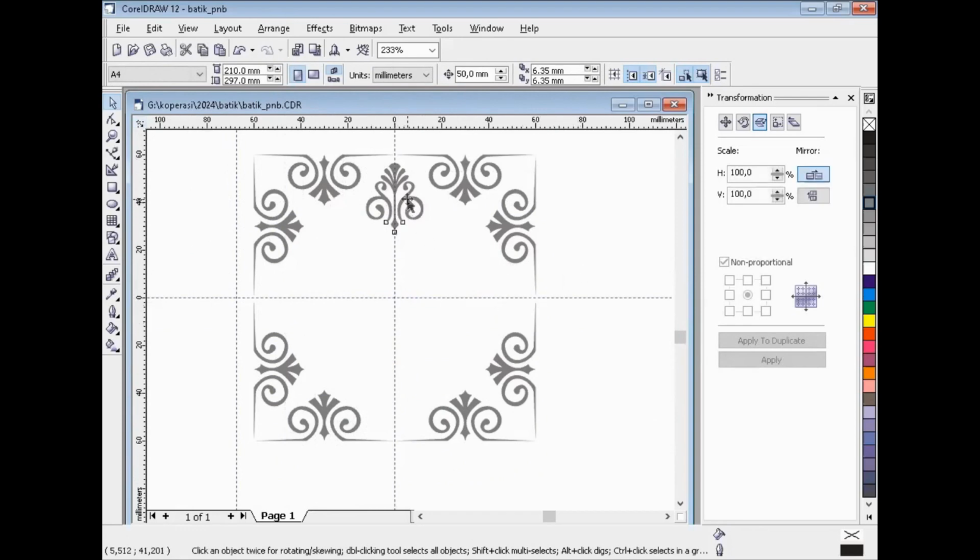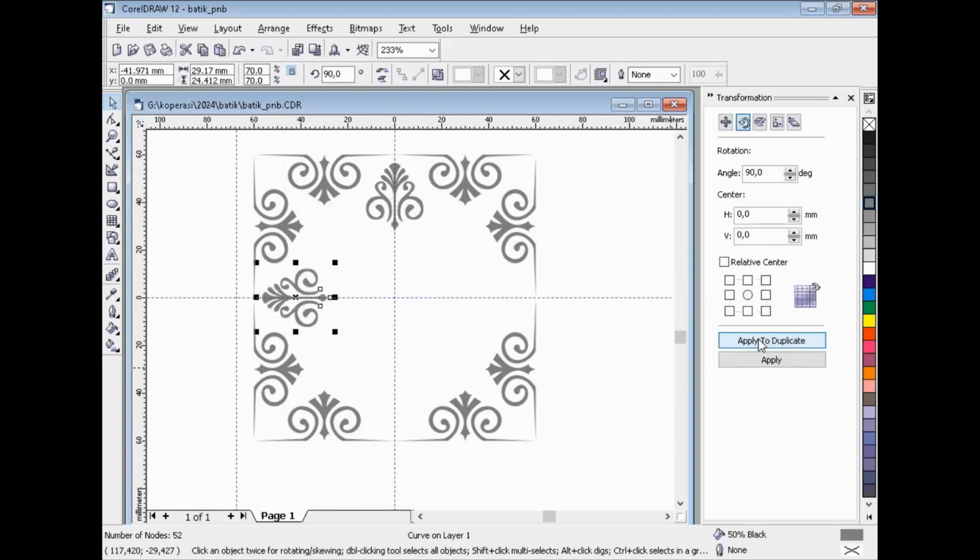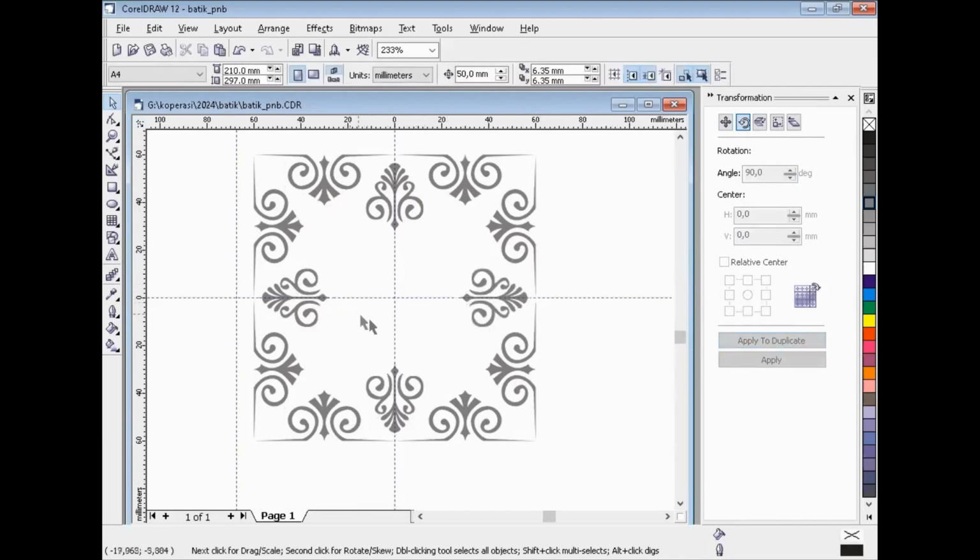Let's try. I use rotate. Okay, it's 0.0. Let's try. Apply to duplicate, apply to duplicate, apply to duplicate. I will give this their logo here.